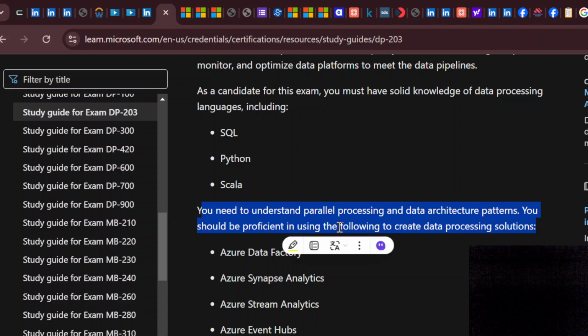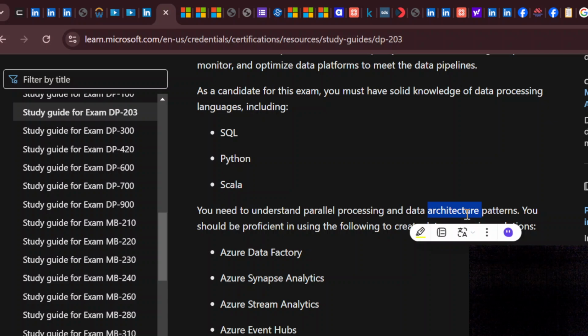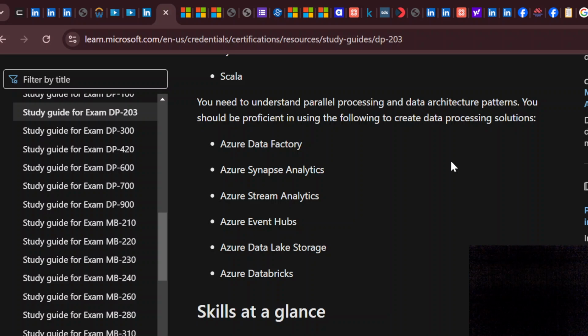It's better. You need to understand parallel processing and data architecture patterns. You should be proficient using the following data processing solutions. There should be a lot of parallel processing of the data, the reason being that the data Azure is able to process is very huge. So we should be able to make it parallel processing oriented with good data architecture patterns. You should be proficient with the following tools for data processing solutions: Azure Data Factory, Azure